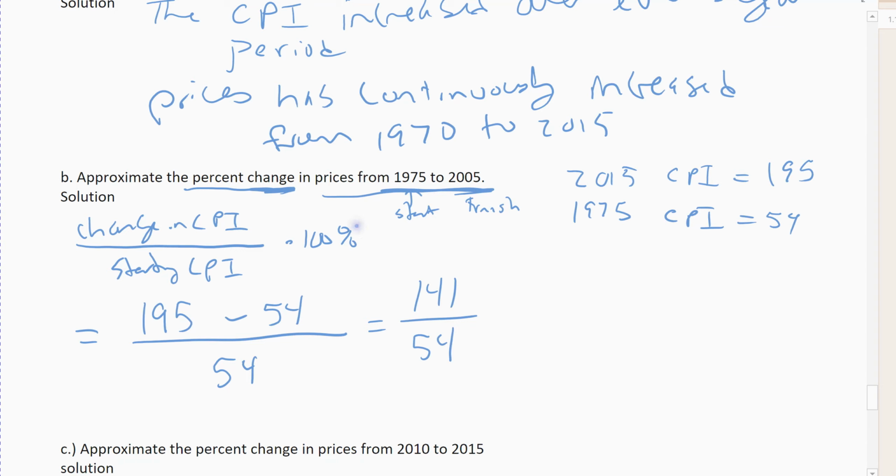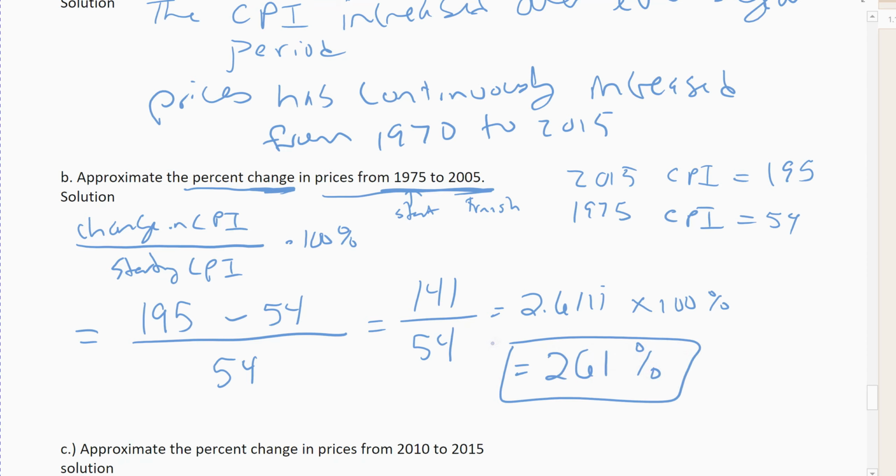And then I forgot to write my times 100. That comes out to the fraction 2.6111 continuously, and then we multiply that by my 100% to make it a percent. So 2.6, and I'm just going to round to the whole number. So it comes out 261% is the increase, the approximate, because I did round. Alright, so the approximate increase is the approximate percent change